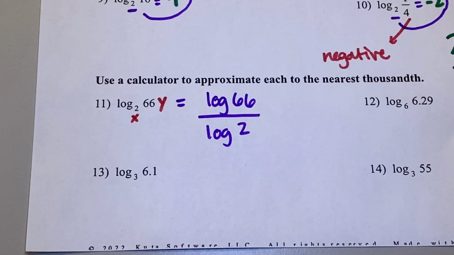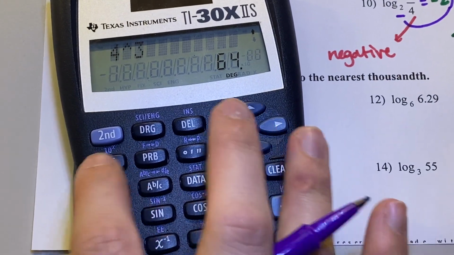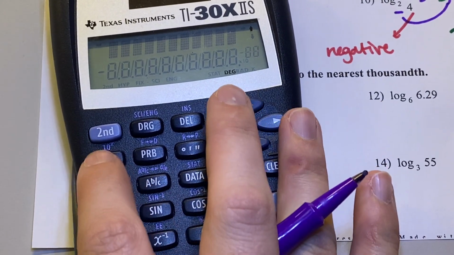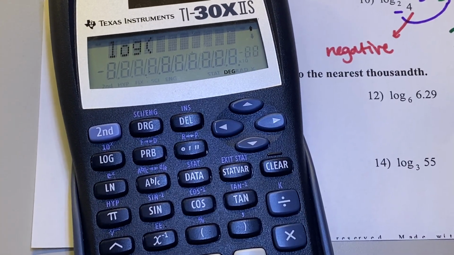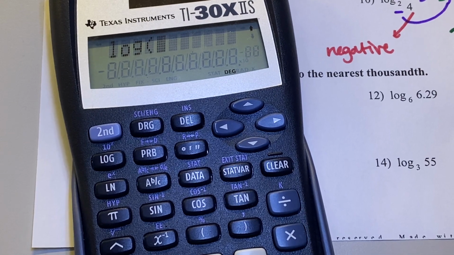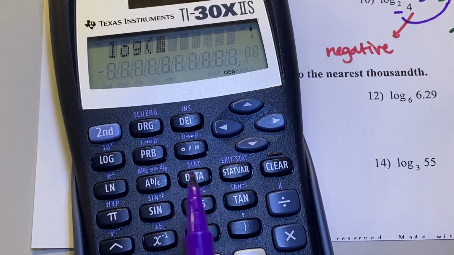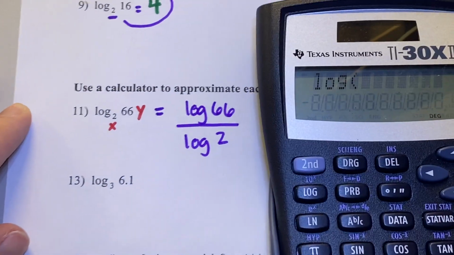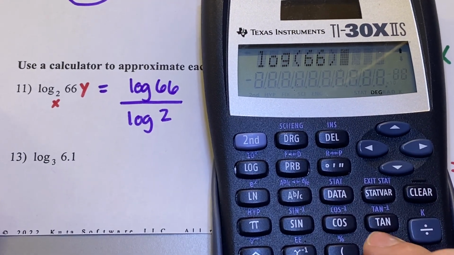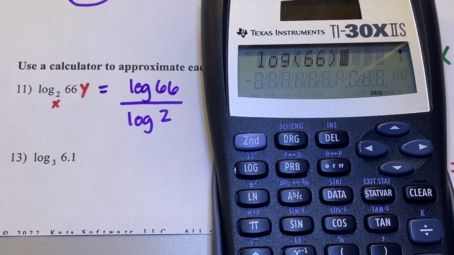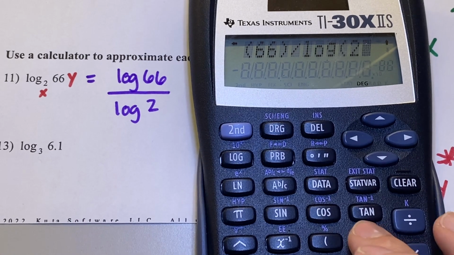Okay? Because notice on your calculator, here's our little log button right there. Let me clear this. See, everybody see our little log button? Does it let you choose a base when you click on it, like log of 2? No, it doesn't let you choose a base. So this is where our change of base rule comes into play. So for number 11, we're going to type in log, in our parentheses, 66, close parentheses, divided by log of 2, close parentheses,